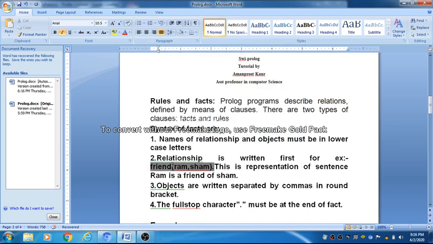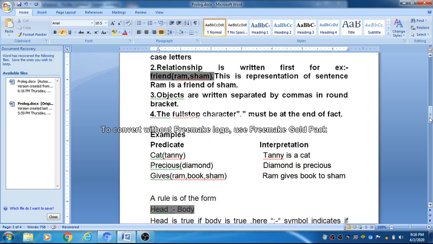Friend is a relation between the two objects, that is Ram and Sham. The relations and objects are represented in lower case, and objects are separated by commas and enclosed in round brackets. Every fact ends with the dot operator, that is a full stop.